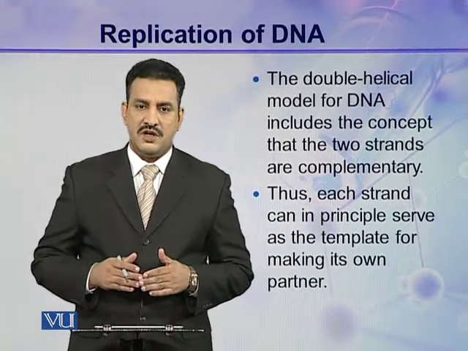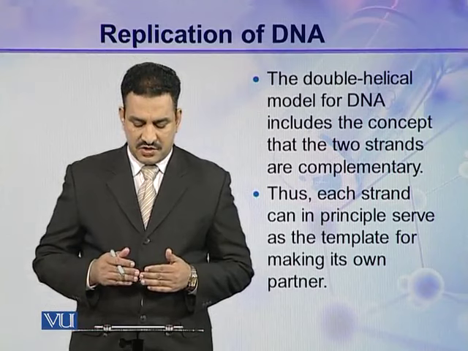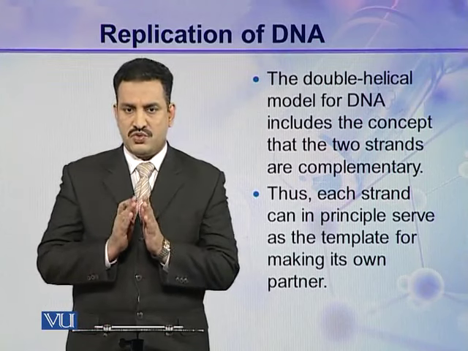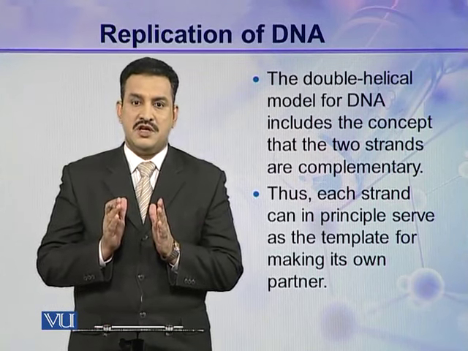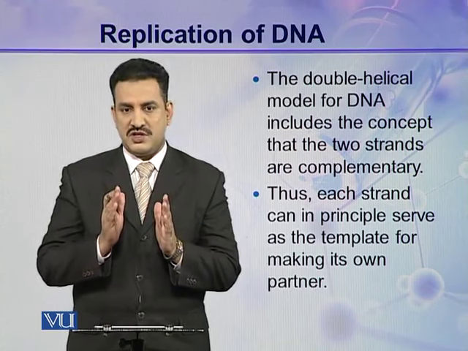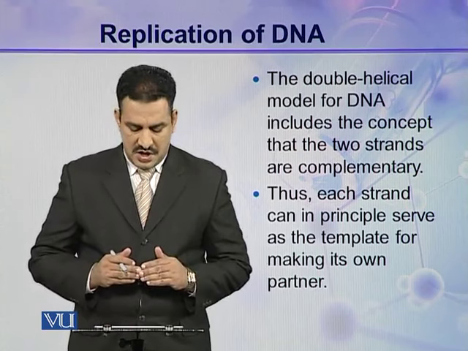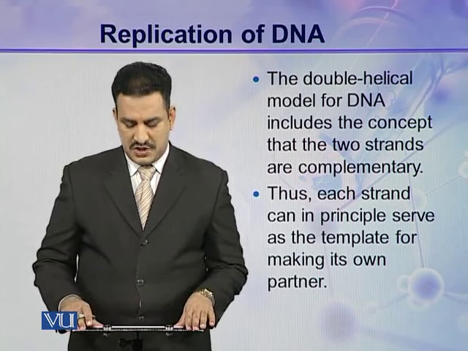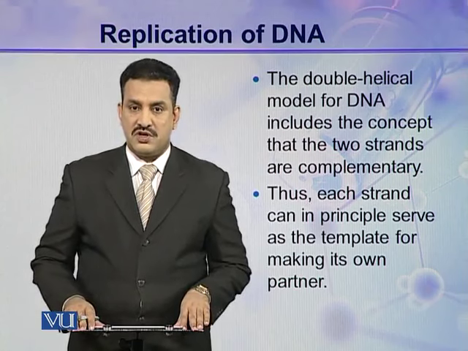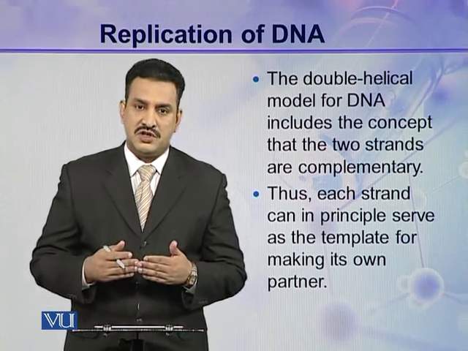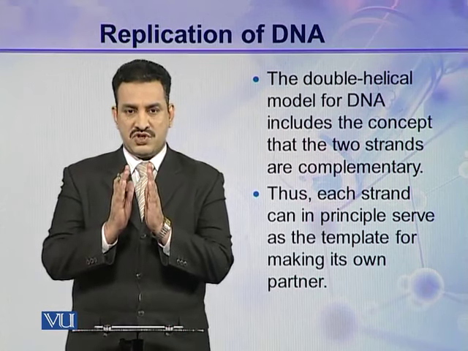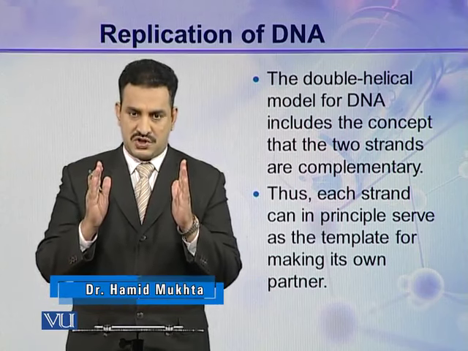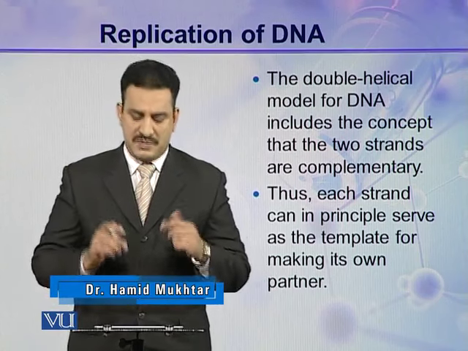The double helical model, which was proposed by Watson and Crick, includes the concept that the two strands are complementary to each other. That is, in a DNA duplex, the two strands are complementary to each other. Thus, each strand in principle serves as the template for making its own partner during replication. So during replication, these two complementary strands get separated, and each strand can make its own complementary